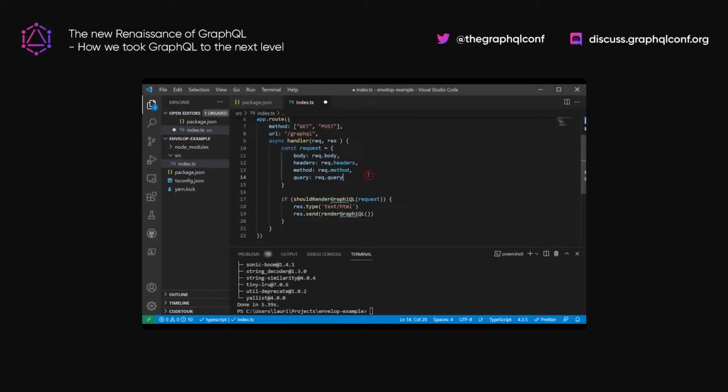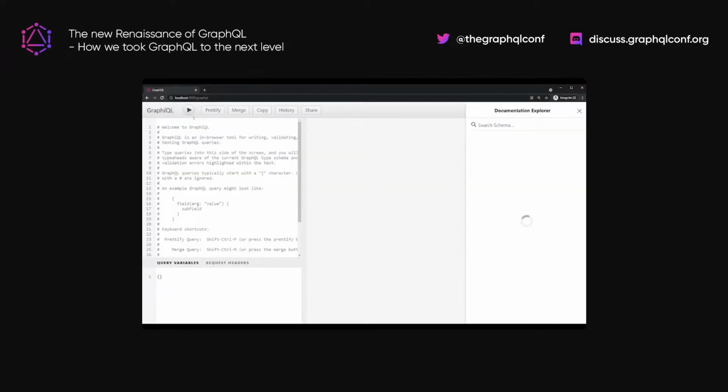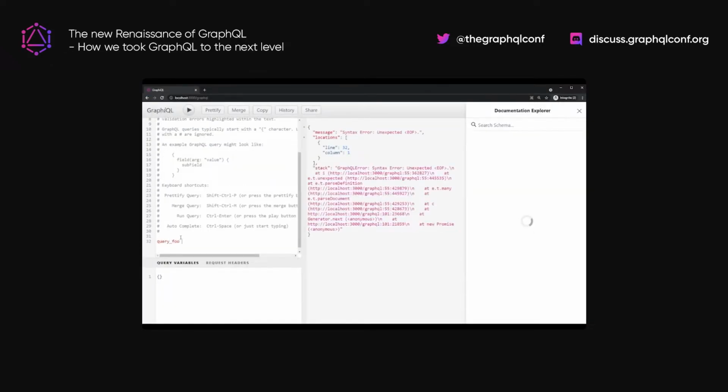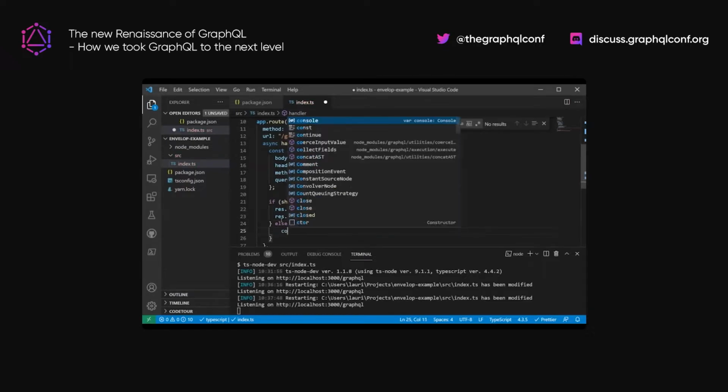And if we just render GraphiQL from GraphQL Helix and we run it, you see here now, we get GraphiQL and that's it. Nothing, actually the query didn't work because all we did was render GraphiQL. Now, when we don't want to render GraphiQL and actually return data, that's when we actually need GraphQL JS.